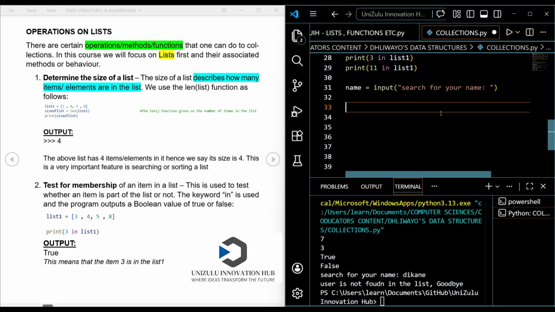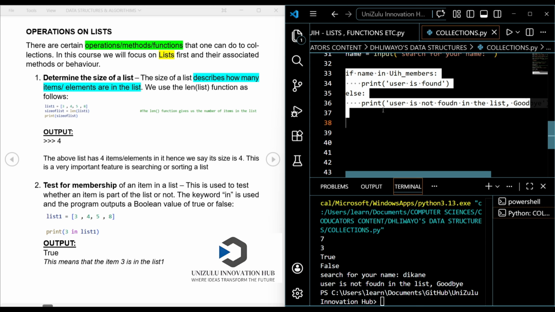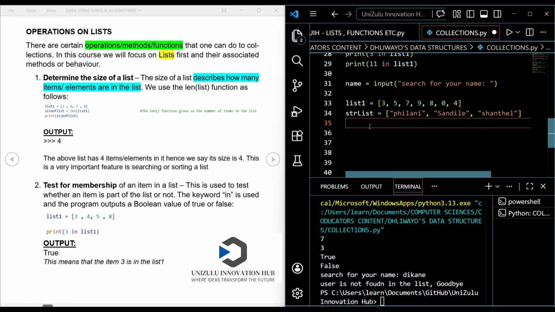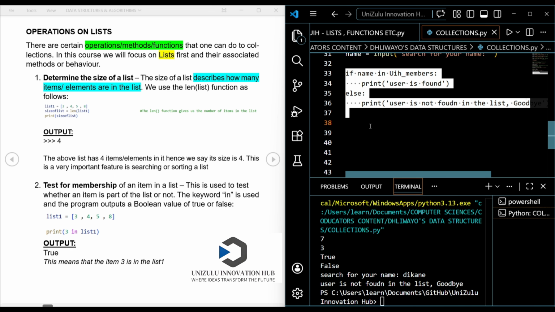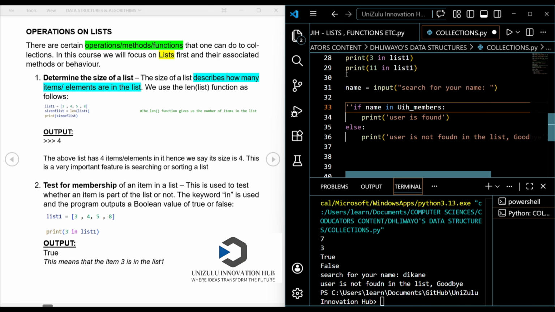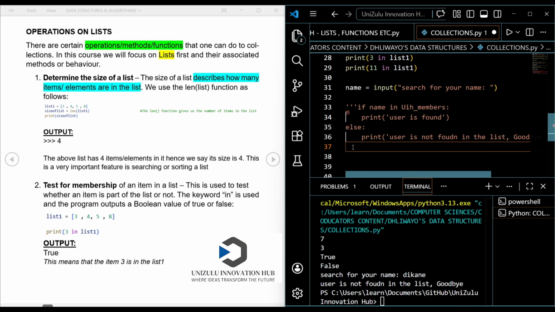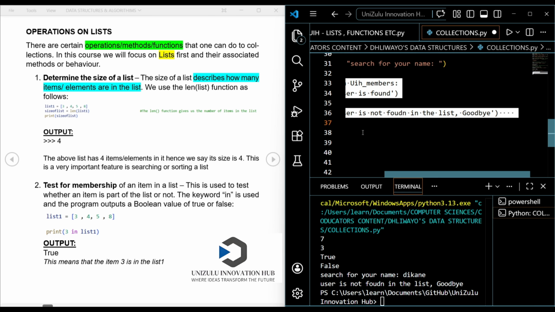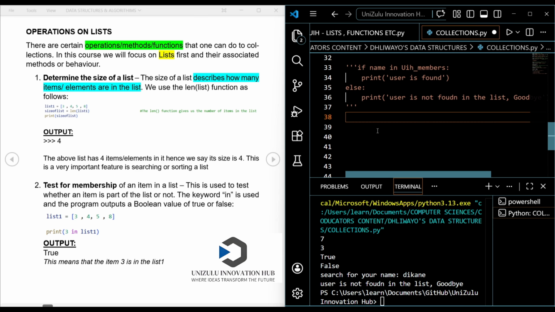Okay, let me just retain this and make it a comment. I want the program to ignore this statement so that I can proceed with my lesson. So I'm just going to make it a multi-line comment using these triple quotes. If I use triple quotes, it's a multi-line comment, so it's not going to evaluate all of this anymore. You guys know that from Python basics.